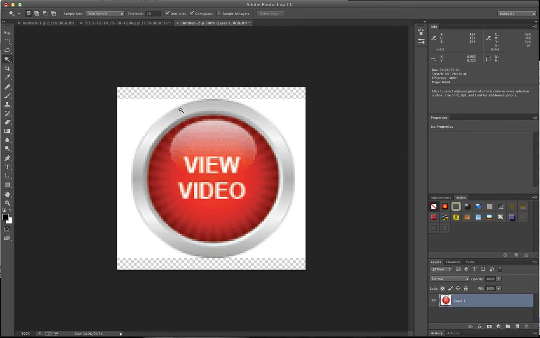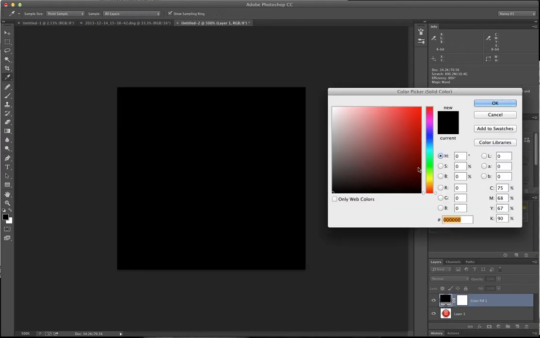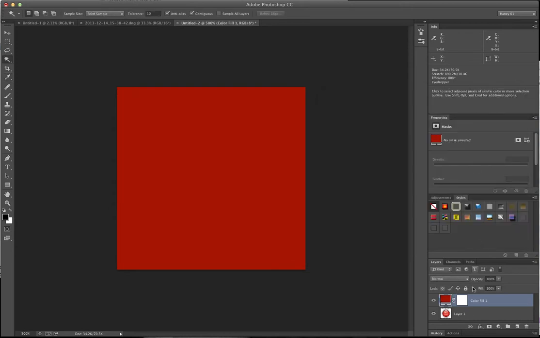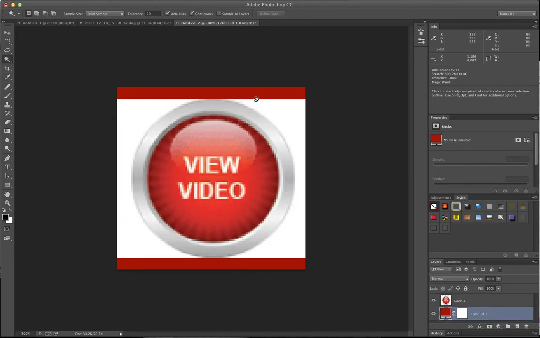Before you've made any of your selections, you make this extra layer here, solid color. You can make it whatever color you want, and I'm going to put it behind the top layer. Okay, so now what we can do is we grab our select tool and we make the layer with the